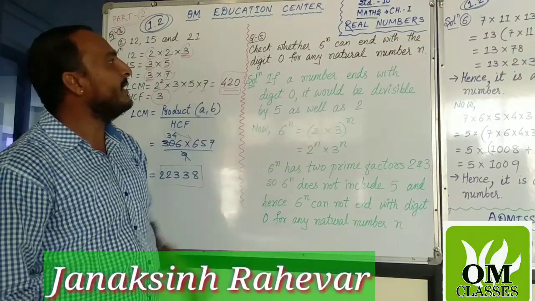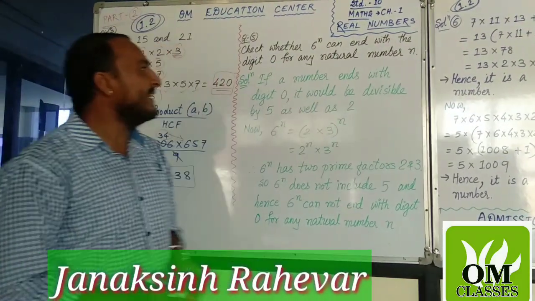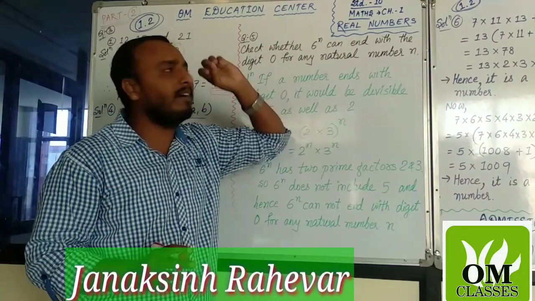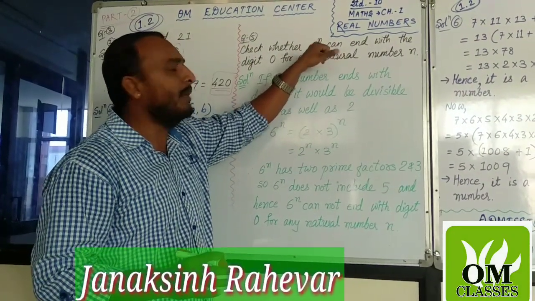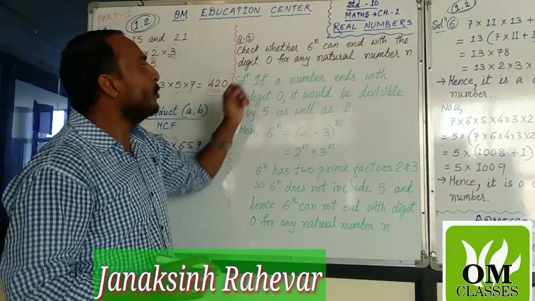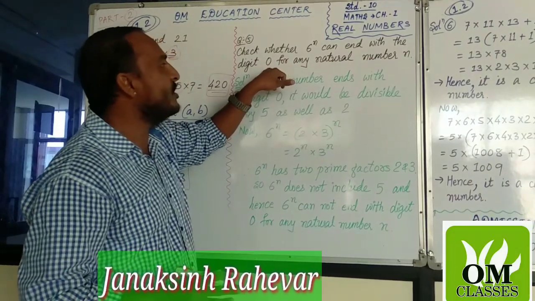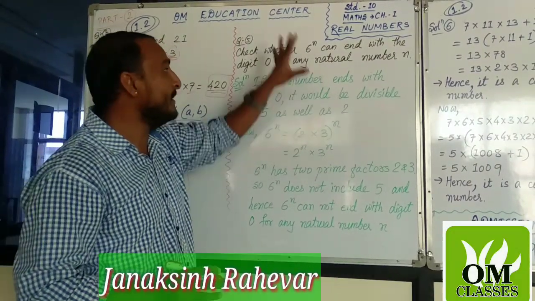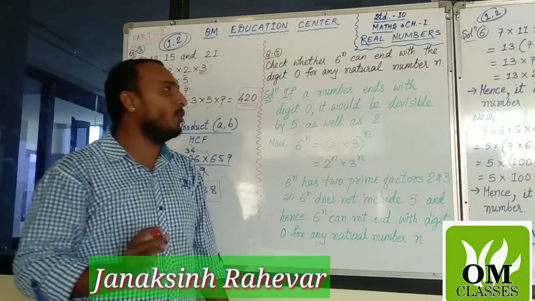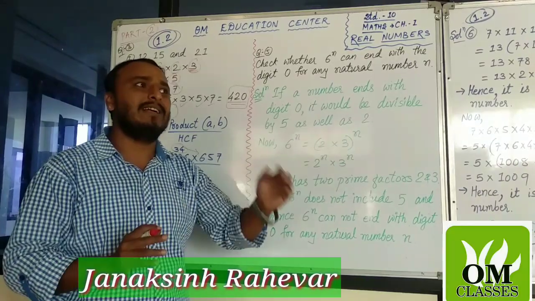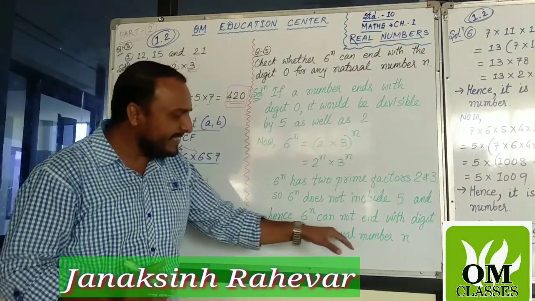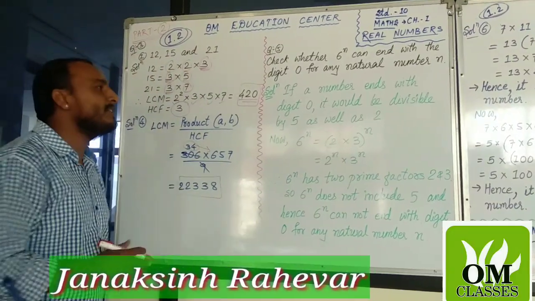Solution. What is given in the question? 6n means n can be anything, 1, 2, 3, 4, 5, 6, whatever may be, but when you multiply 6 and go on, the product should end with the digit 0. So is it possible or not? If you apply your logic, you can find that 6 sixes are 36, 6 times 36 is 216. So you will never get 0. So the answer is cannot. But how to write, how to solve, is very important here.